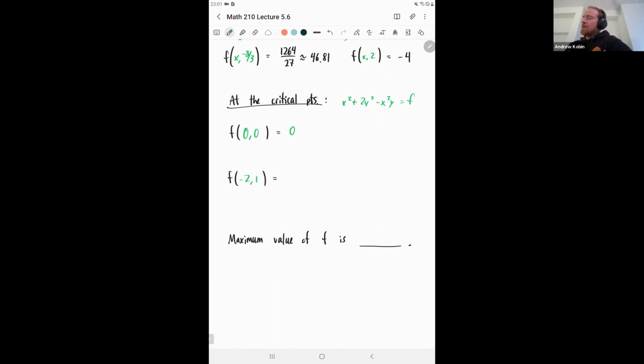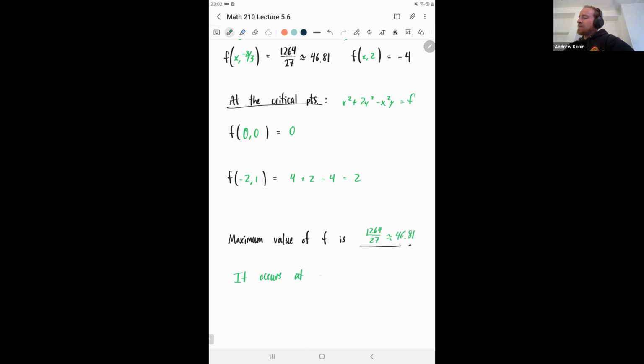That was our f. We plug in -2, 1, we're going to get 4 plus 2 minus 4, which is 2, which is nowhere near any of those other heights that we saw, or any of the other positive heights. So the maximum value of this function is 1264 over 27, which you said was about 46.81 as a decimal, and it occurs